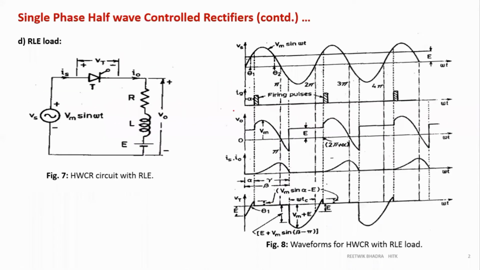The most important thing to explain is that if my inductor is 0, if it is a resistive load, there is no point of discharging over here. Whenever the inductor discharges, it forces the thyristor to turn on. That's why my curve follows my Vs. If my thyristor is on, V0 is equal to Vs, so my curve is following my Vs. But if my inductor is not there, there is no point of discharging. So how will my thyristor be on? If my Vs is greater than E, so this is my theta1.